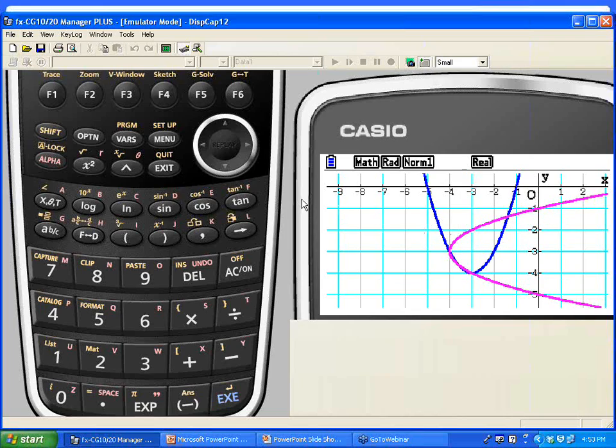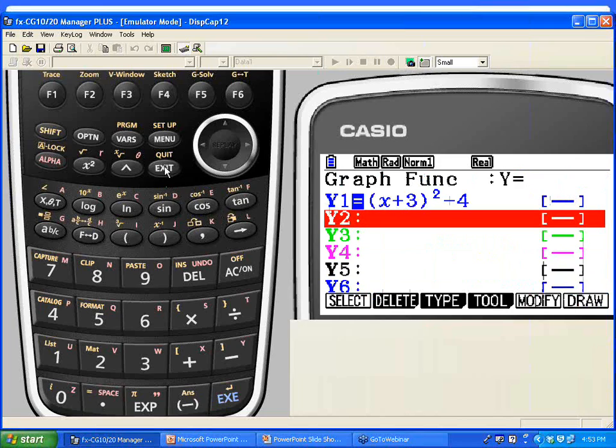And so to solve for this graph, we've got to swap the x and y, add the 4, take the square root, and when you take that square root, you're going to encounter a problem that's going to make it a little more difficult. If we look at our calculator screen and want to enter plus or minus the square root of x plus 4 minus 3, there's not a way to enter plus or minus at the same time. So we've got to enter two separate equations to represent the inverse of this graph.